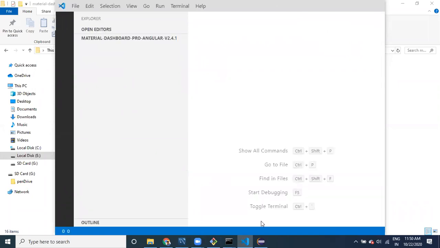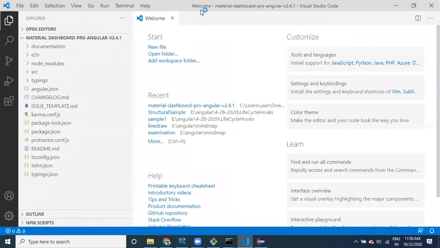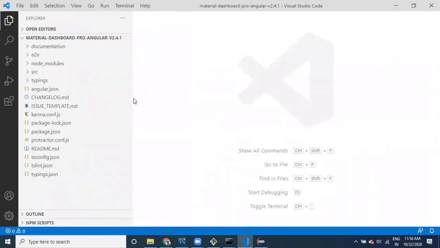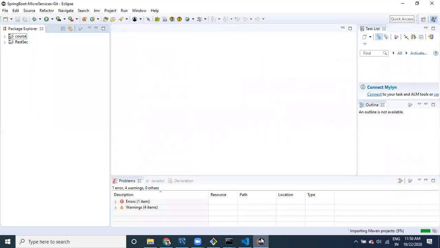Now the new code is available in your machine, in both editors, the Eclipse editor and Visual Studio Code. In both places, the code is available. Now let us run the application.